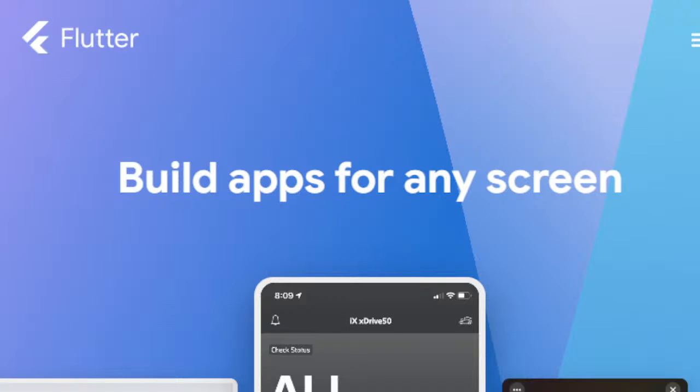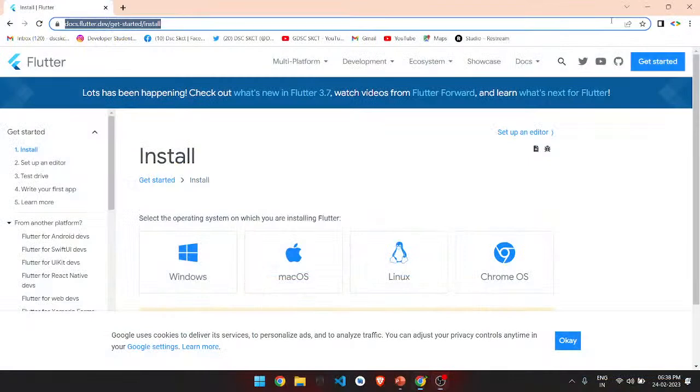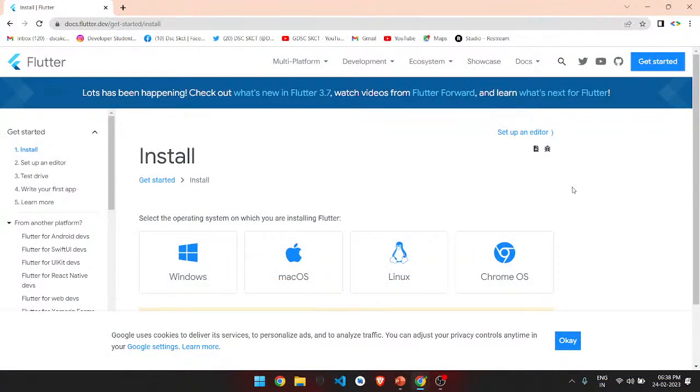So we will see about installing Flutter in a Windows OS. Okay, so the Flutter installation